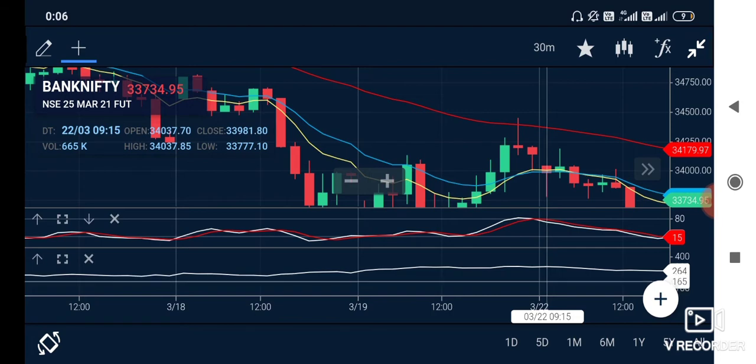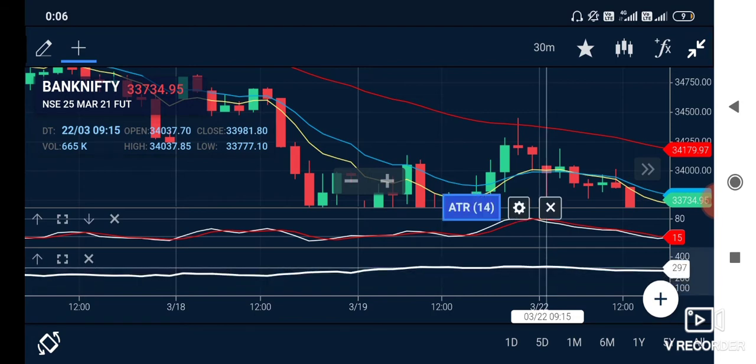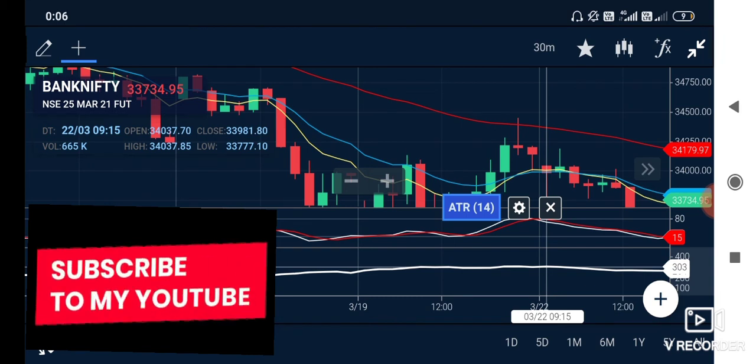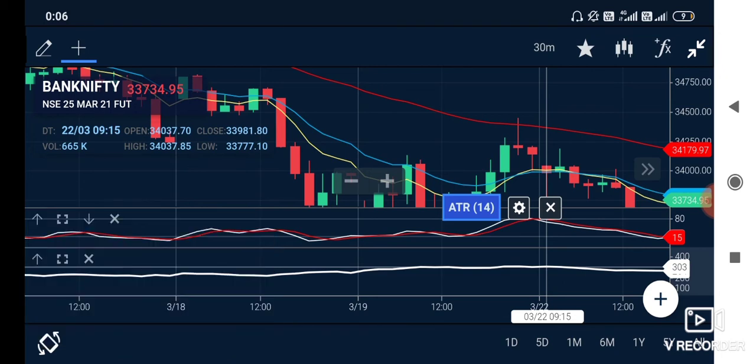So from here, we are going to target about 300 points. 33,981 is the close. The stop loss is going to be 34,281, and we are targeting 33,681, 300 points, as the ATR is around 300. If you see right here,